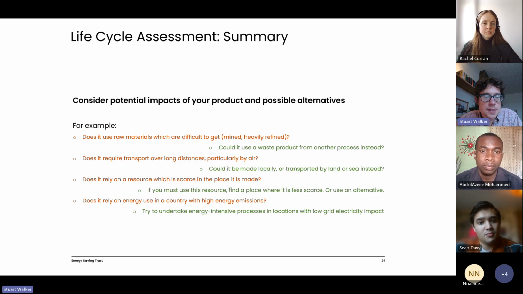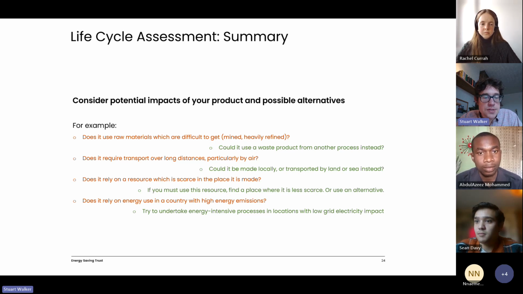Does something require transport by air? Air transport is a particularly high impact way of transporting something. If we don't need something very quickly, then we can avoid it. For example, food products that go bad quickly need to be transported by air, otherwise they've gone bad by the time they arrive. But if we're talking about a raw material, it probably doesn't need to be transported by air. So undertaking the design and the procurement a bit earlier, so that transport can take longer, is a good way to reduce the impact of the same product.